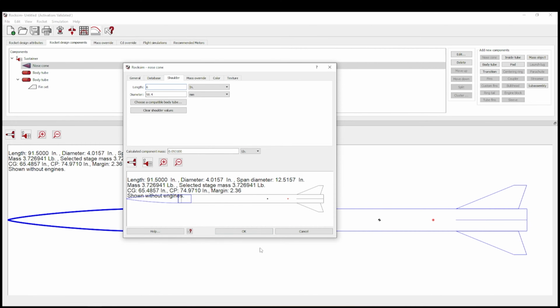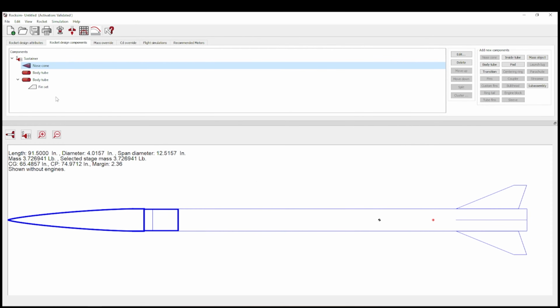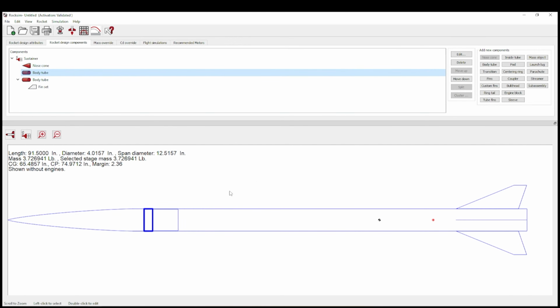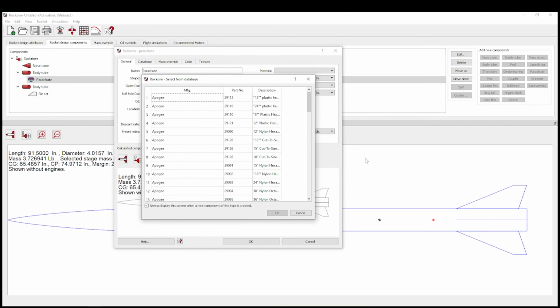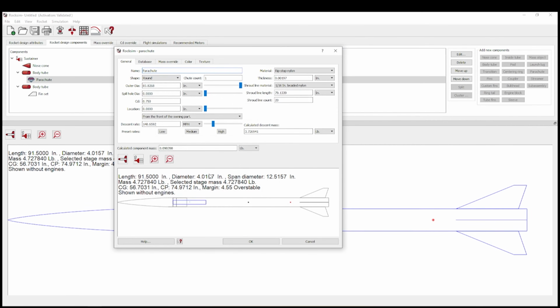Because we know that's our inside diameter, and boom, there you go. Now we're going to use this guy as a little bit of a cheating trick for Rocksim here because you can't put a parachute directly in the nose cone on Rocksim. What we're going to do is open this up, and I'm just going to take a Loc Precision parachute that is close-ish. And the first thing I'm going to do is click from the base of the owning part again,